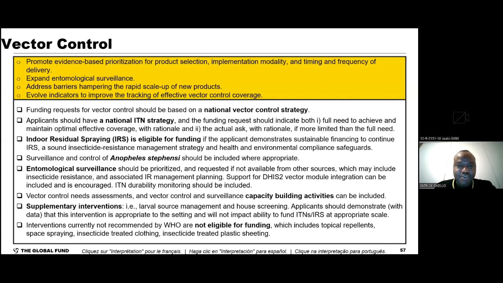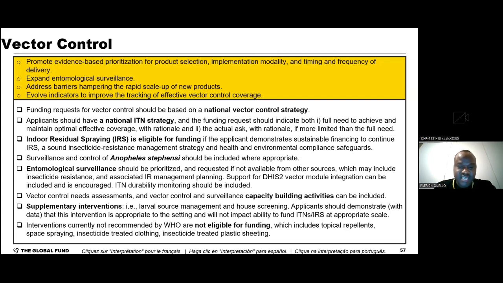And this will help you address insecticide resistance, which is a big issue. And of course, in the recent past, particularly in the Horn of Africa and spreading across Africa, is the new invasive Anopheles stephensi. So to help us address all of these, we really would encourage you to involve a lot of entomological surveillance